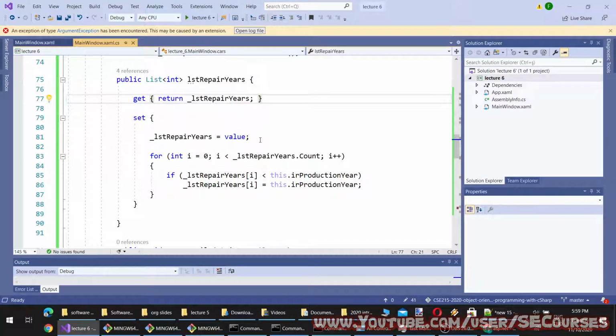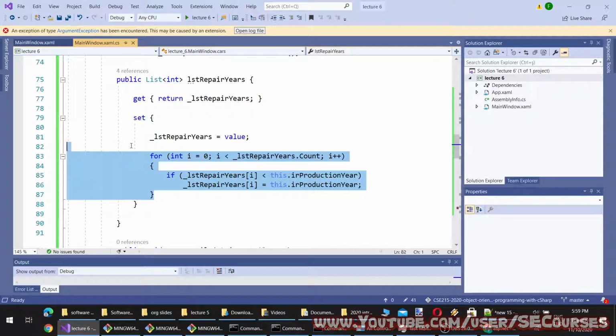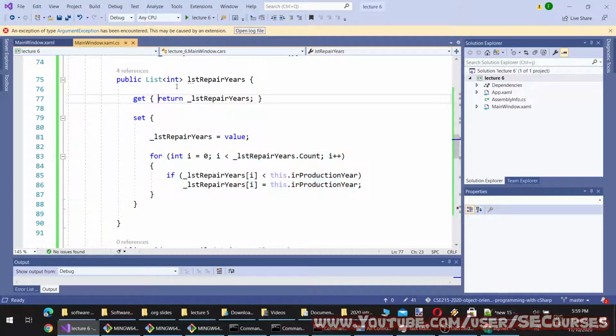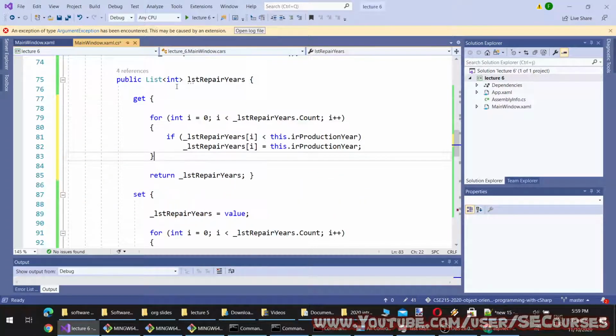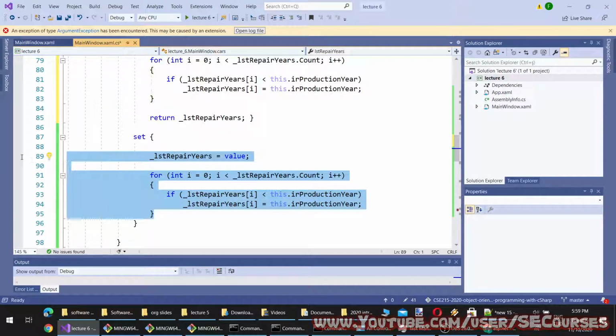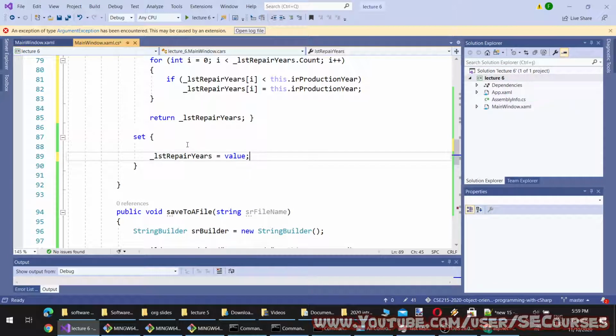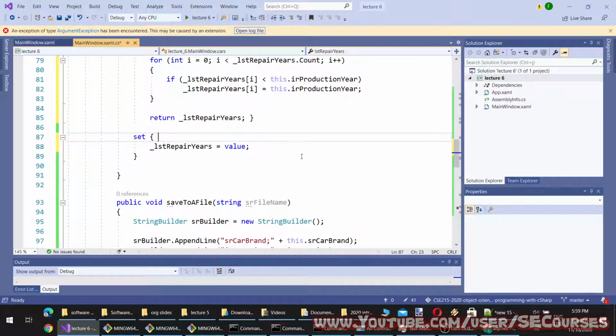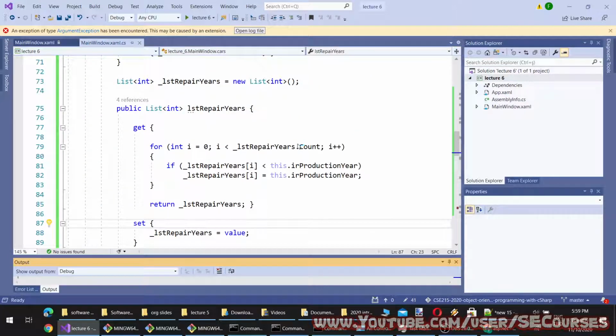However, since this is working, I can apply the same thing here. So whenever it is read, it will be updated, and I can just make it like this. Okay.